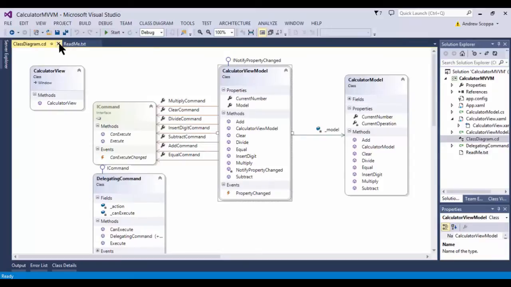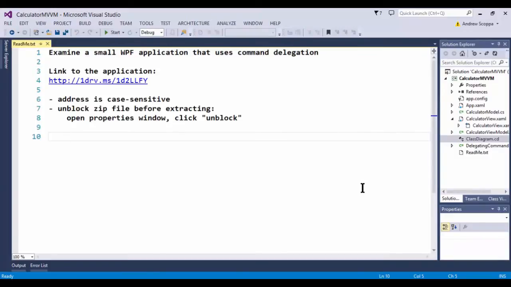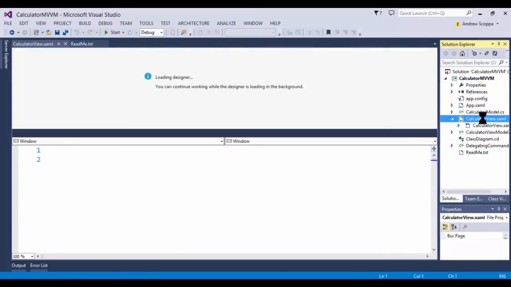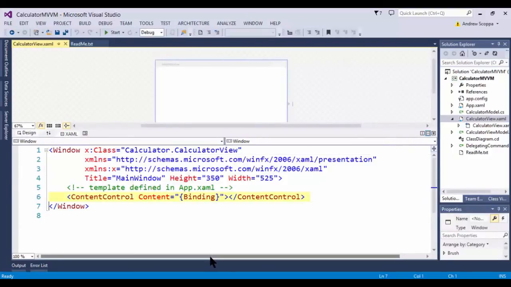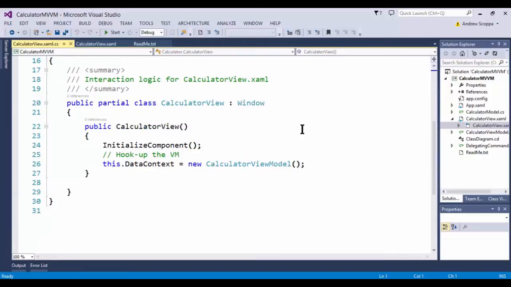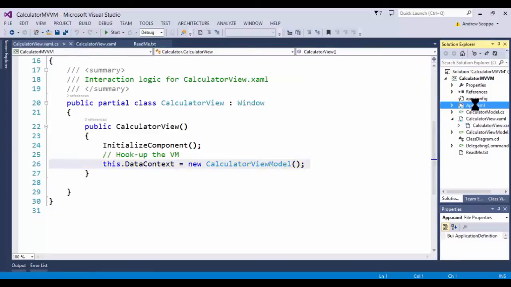Now let's take a look at the underlying code, so we'll do a code walkthrough. We'll start with the XAML, my calculator view. Very simple, I have a content control, and the content control retrieves the content through code behind. I could also have set the binding in XAML, but I prefer the code behind. So let's take a look at where I set this up. I set the data context here to an instance of my calculator view model, and we're also going to look at the template that I've used for my